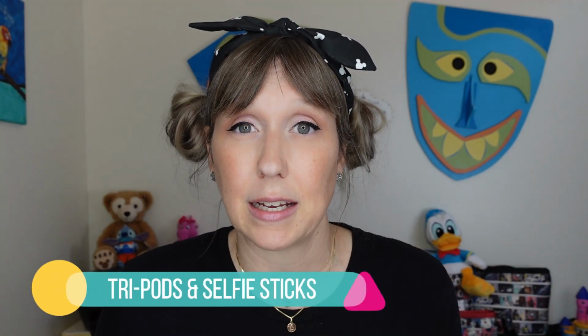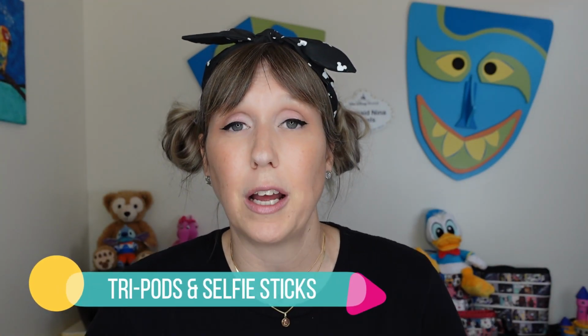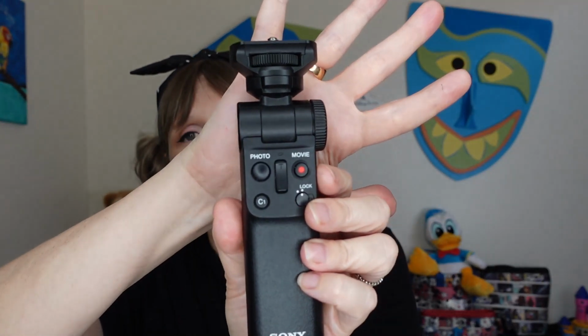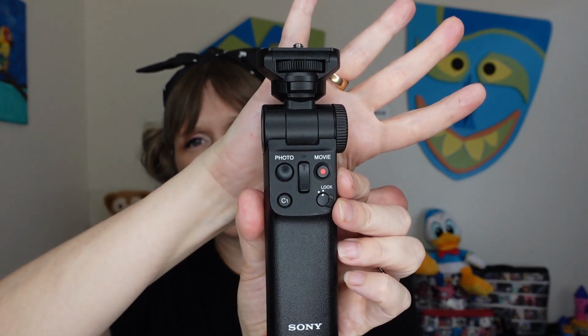Next thing on the techie travel list is tripods and selfie sticks. Depending on if you want to film and shoot anything, you may want to have some form of selfie stick. This isn't exactly a selfie stick, but this is what I use for my camera. I use a Sony XV1, which is what I'm shooting on right now. So it connects to this